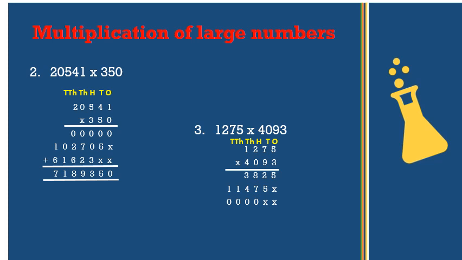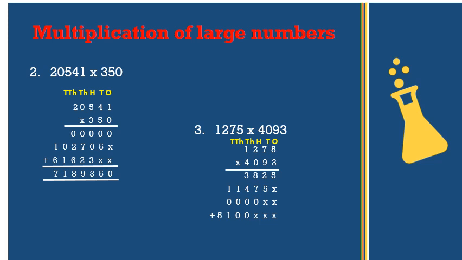Now children, we will come to the next step, which is the fourth step. Here we will multiply 1275 by 4 and since 4 is kept at the 1000 place, we will start the multiplication from the 1000 place and we will put a cross at the 100 place, tens place and ones place and our product is 5100.